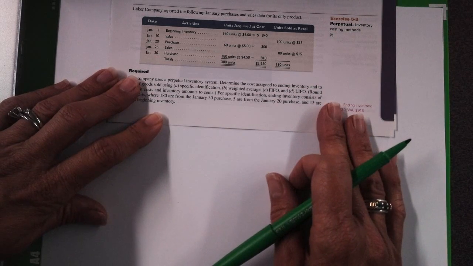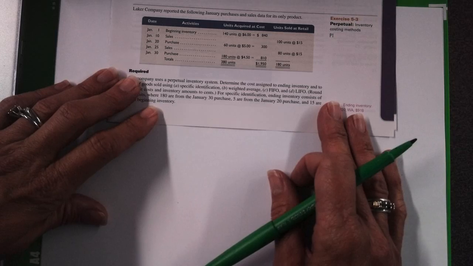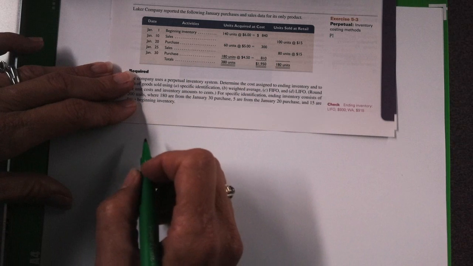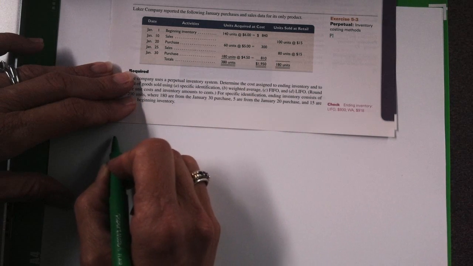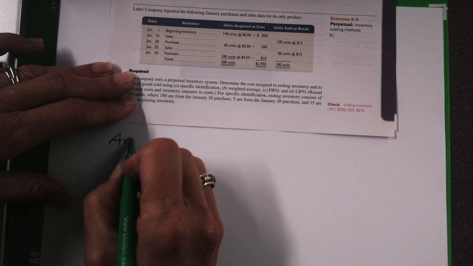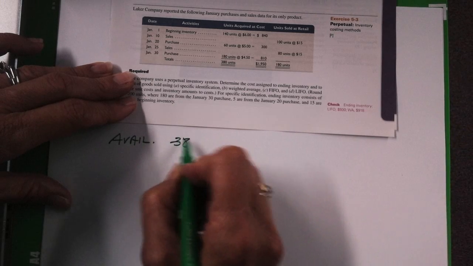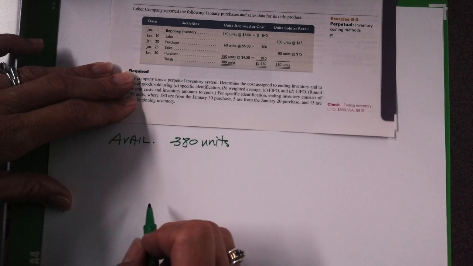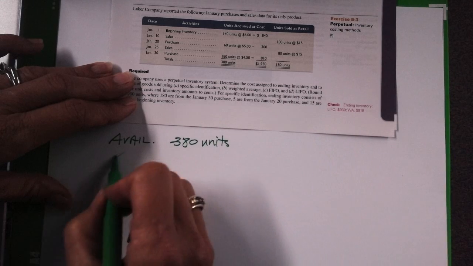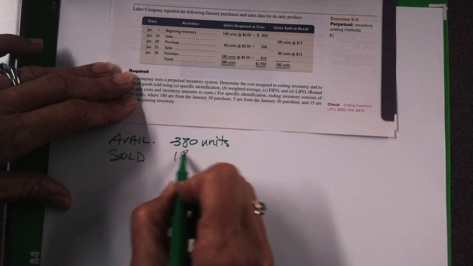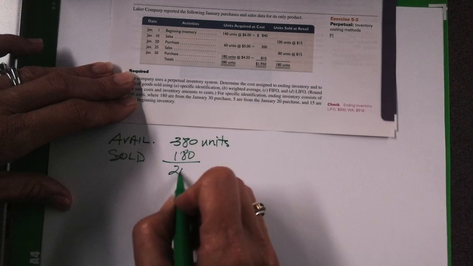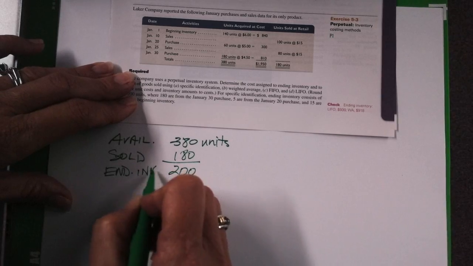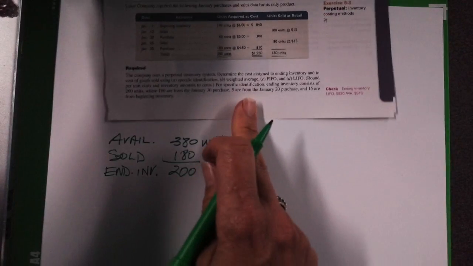And we've got a couple different ways we can do this, and I'm going to do it two ways. Okay? So in this situation, I've got 380 units were available. Okay? Now, we sold 180 units. So that means we have 200 units left in ending inventory. I need to value those. Okay? So,